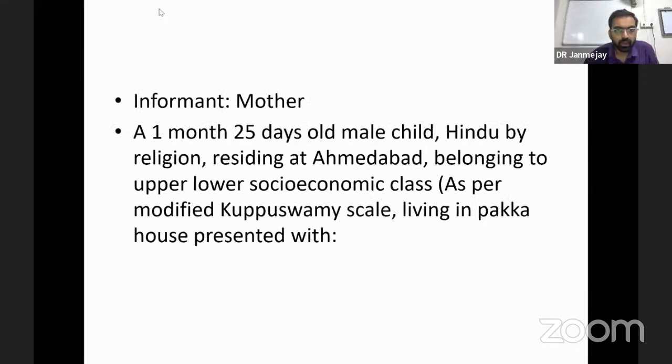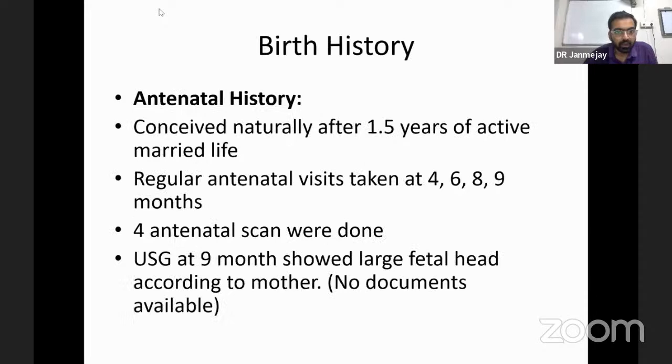Being a mother, a 1 month 25 days old male child, Hindu by religion, residing at Ahmedabad, belonging to upper lower socioeconomic class as per modified Kuppuswamy scale, living in a pakka house, presented with a complaint of a large head, and